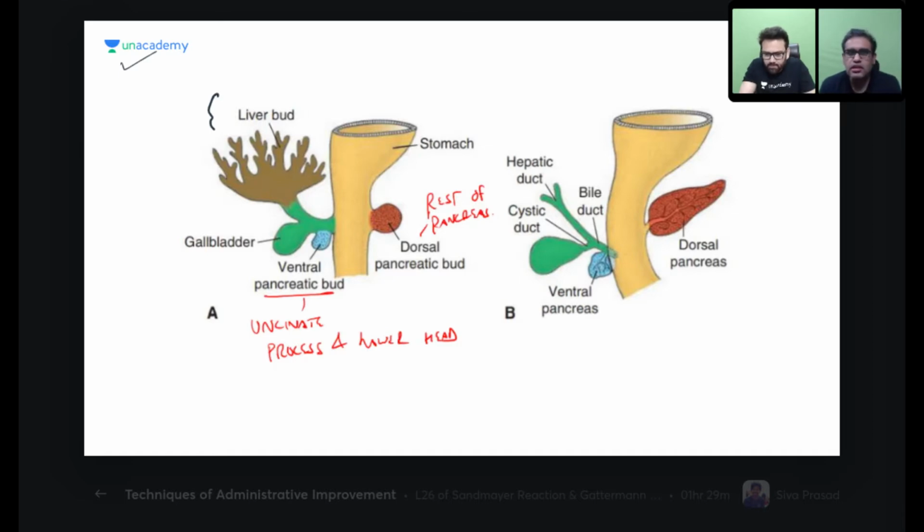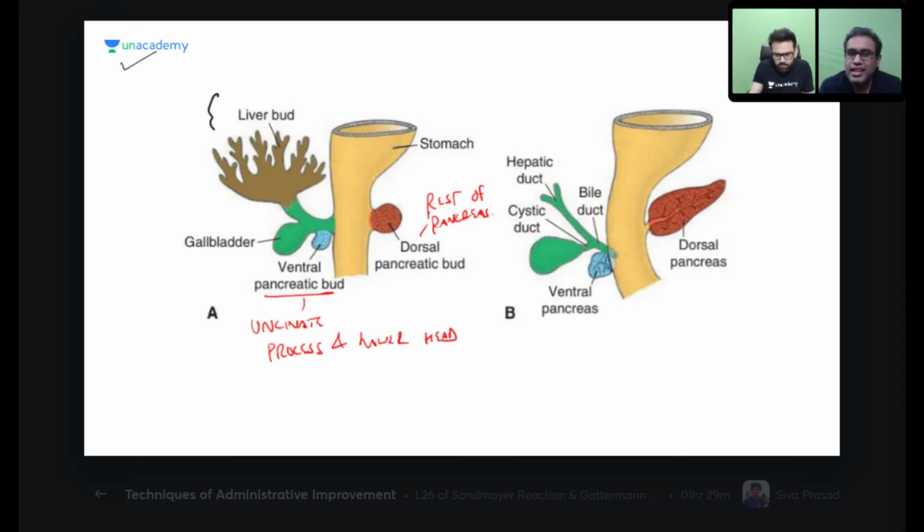Okay, boss. So as we are discussing, this pancreas comes as a diverticulum from the endodermal tube of the gut, basically the junction between the foregut and the midgut. So here we have the junction, and the two buds are there, ventral and dorsal. With the ventral pancreatic bud, there's also a hepatic bud, which you can see in this slide as the green color. That's the hepatic bud, which will grow distally. It will divide into the cystic duct that will give rise to the gallbladder, and the liver. That's a different topic. We'll talk about it later. Right now, we're focusing on the pancreas. Here you can see a light bluish ventral and a reddish dorsal pancreatic bud.